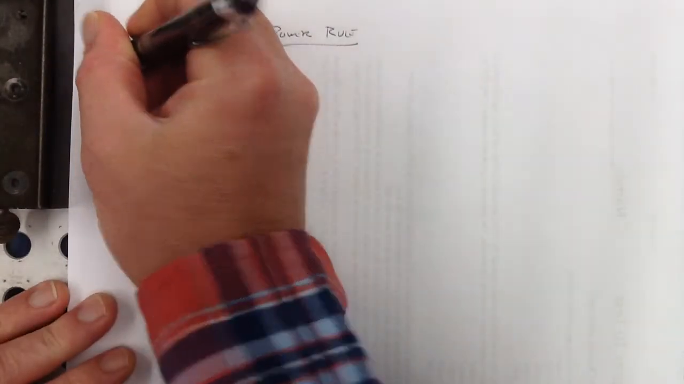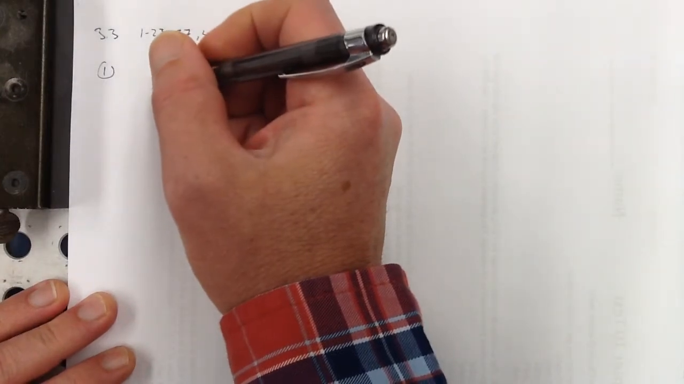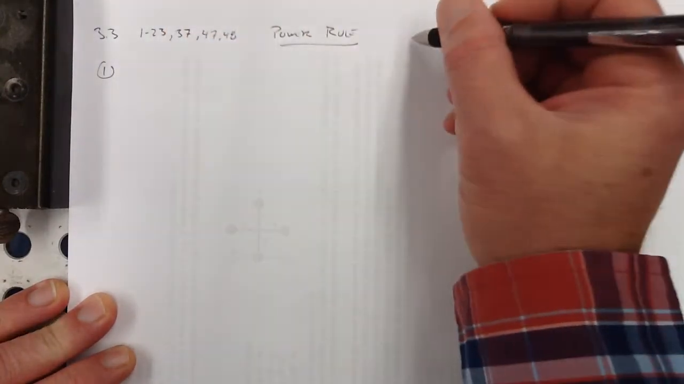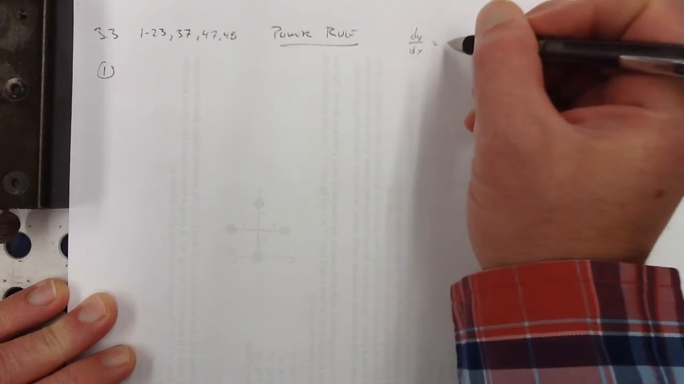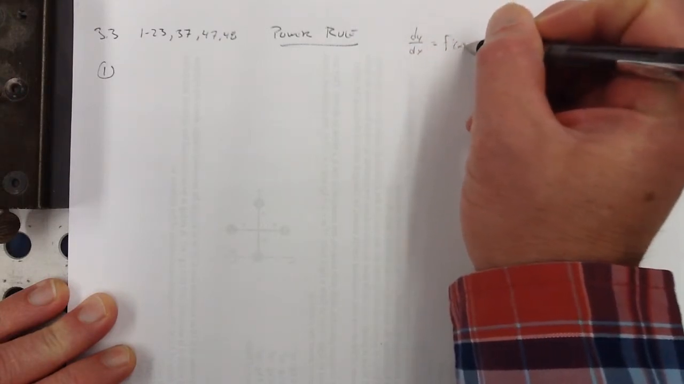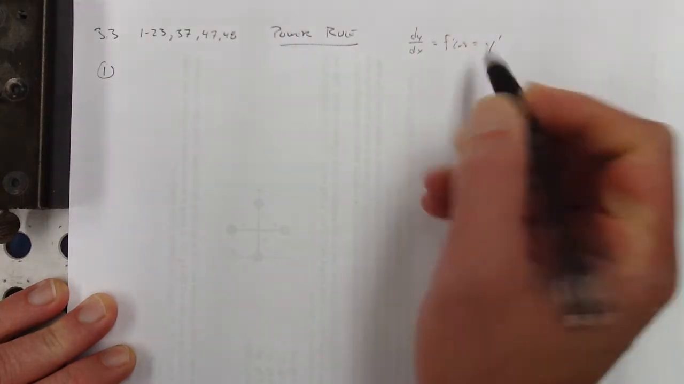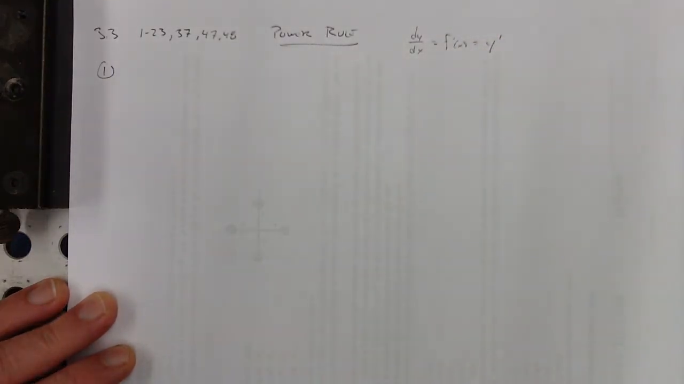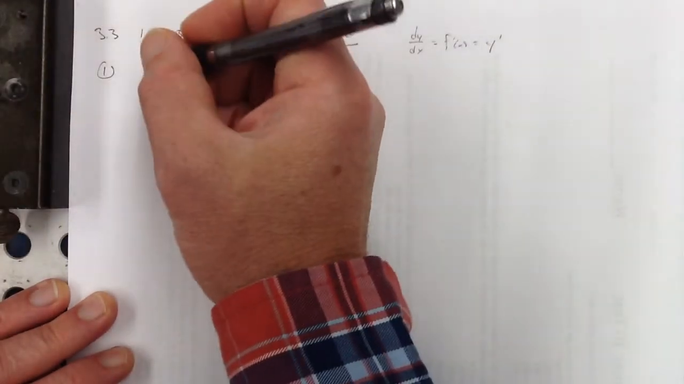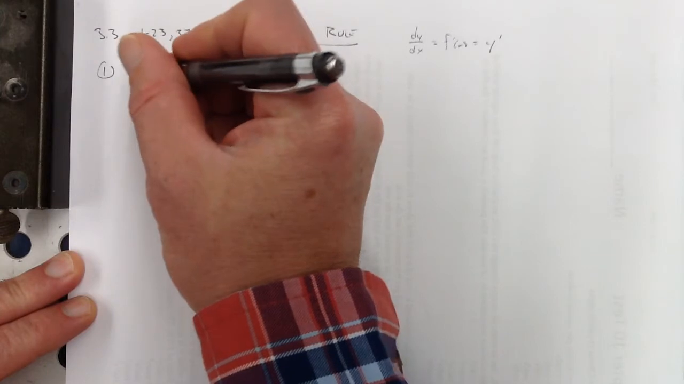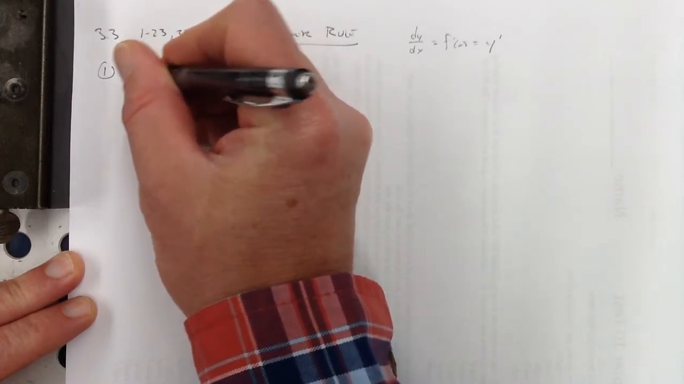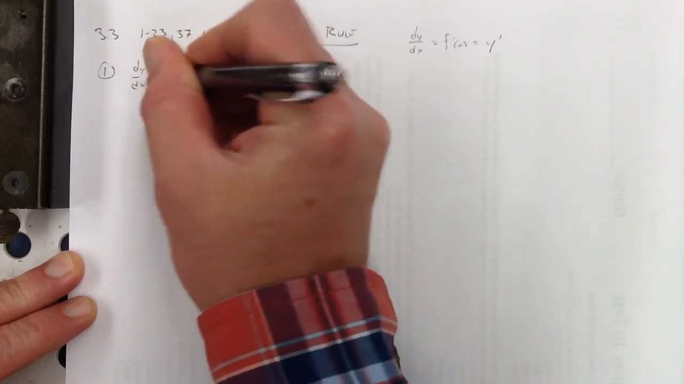Number one, directions say find dy dx. Well, I'm cool with that. Dy dx is the same as f prime of x, which is the same as y prime. That's the three ways that we write the derivative symbolically. All right, so number one, if y is equal to 4x to the 7th, then dy dx is equal to